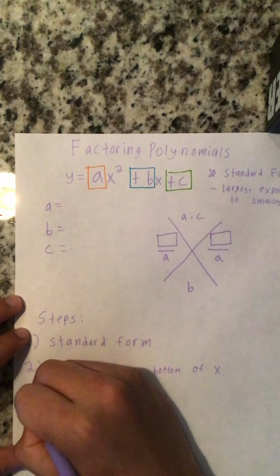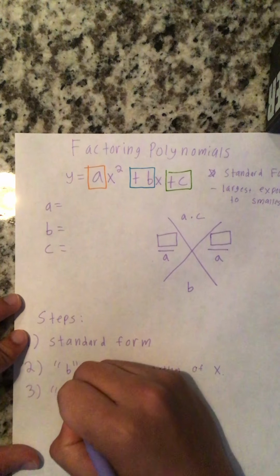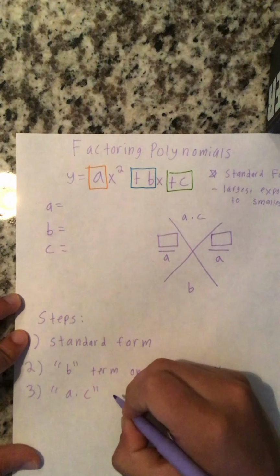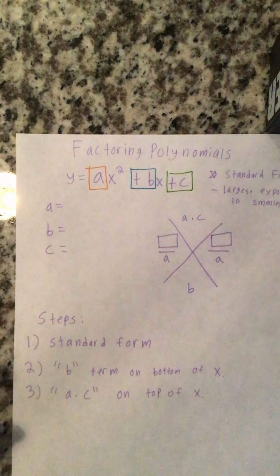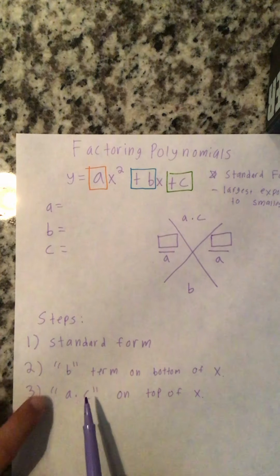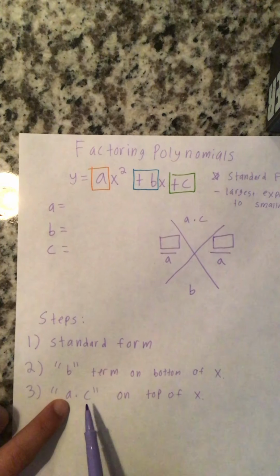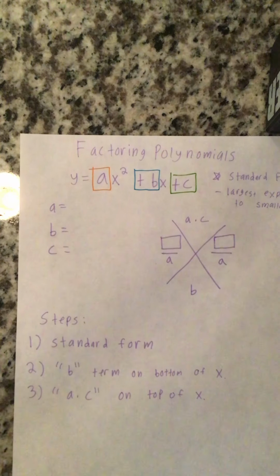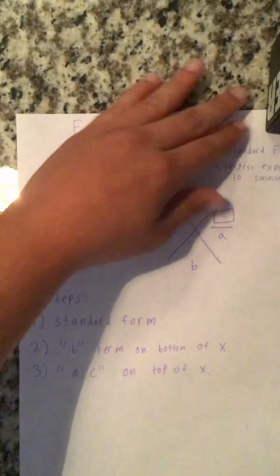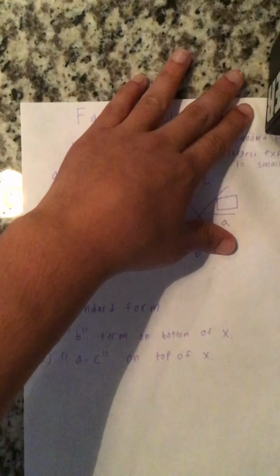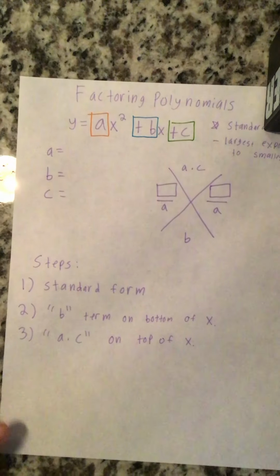The third step is gonna be A times C on top of the x, okay? So whatever our A value is times whatever our C value is gonna go on top of the x, right there, okay? Third step, see, we're already moving pretty fast. Let me kind of lift this up. There we go. Nope, don't fall. There we go. So fourth step